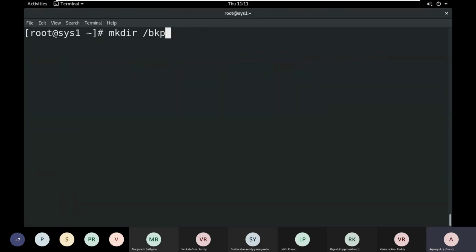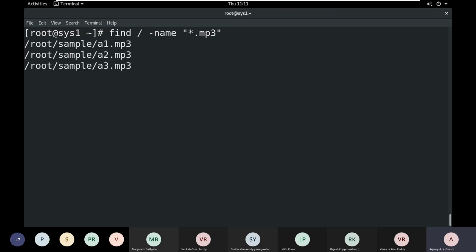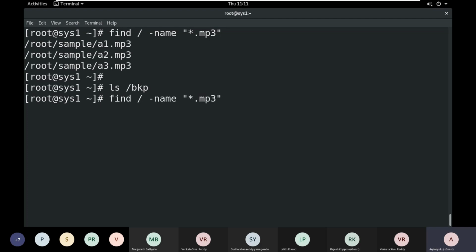So first I want to find particular extension files, and those files I want to copy into the particular location, /backup, BKP. So first we use this command, then execute this command.